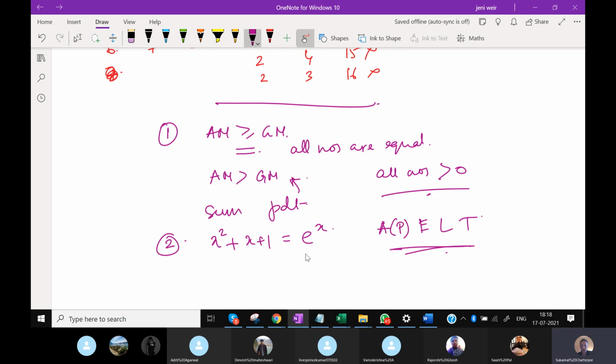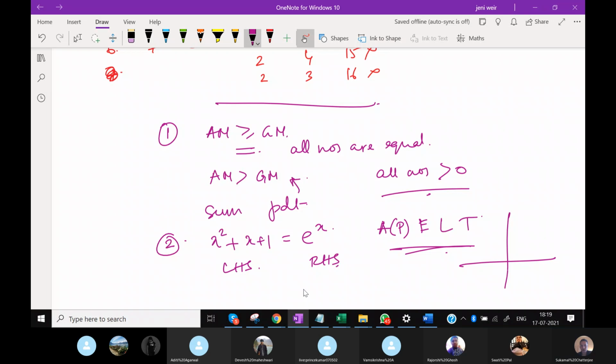Now the technique is you have to always separate it out. Separate out the functions on 2 sides of the equation. And on the left hand side and right hand side, you should have 2 different functions. And then you have to plot the functions to see how many points of intersection are there. Those would be the number of roots of this equation. So for example, if I look at this one, x squared plus x plus 1 is a function which is always positive because the discriminant is negative. So there are no roots.